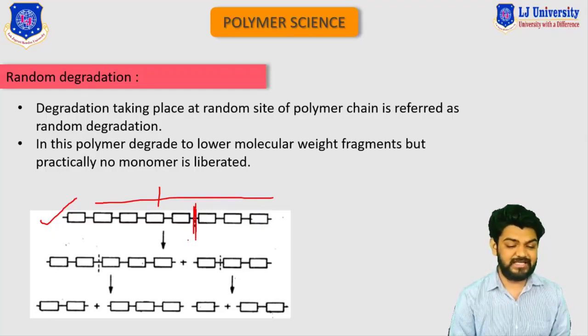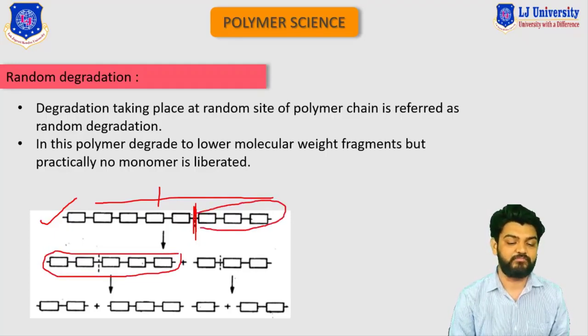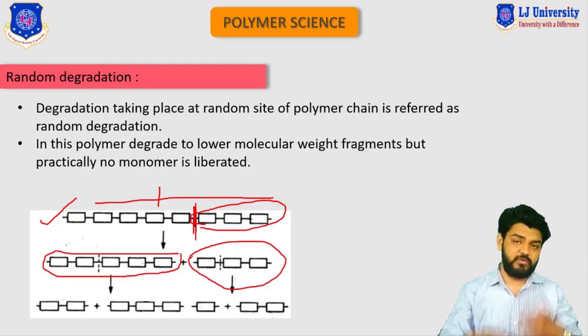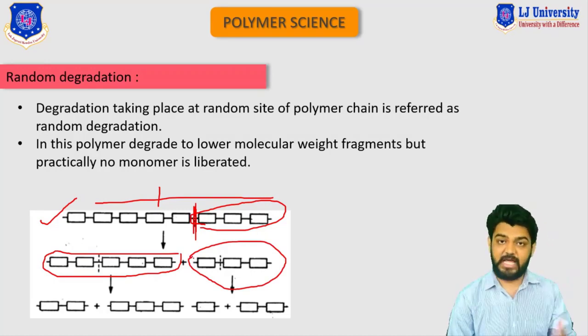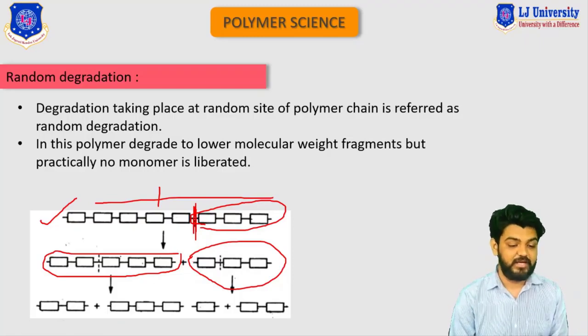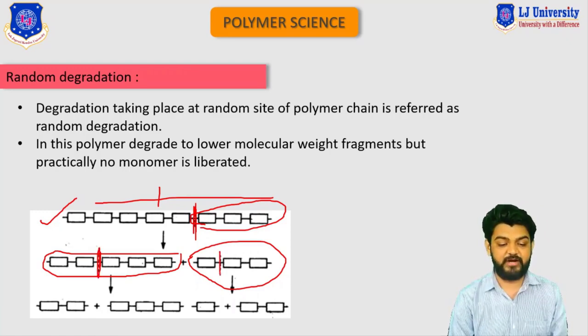So now as you can see, the next step is that here you can see these 5 monomers are in this way and it is degraded from the 3 monomers. So you can see that here we have 3 monomers left, right? So this is what we can say about the random degradation process: it can take place from anywhere in the long chain. Now if we further apply heat, this polymer will undergo the degradation process as it will break, let's suppose, from here, right? And this group of the polymer will degrade from here.